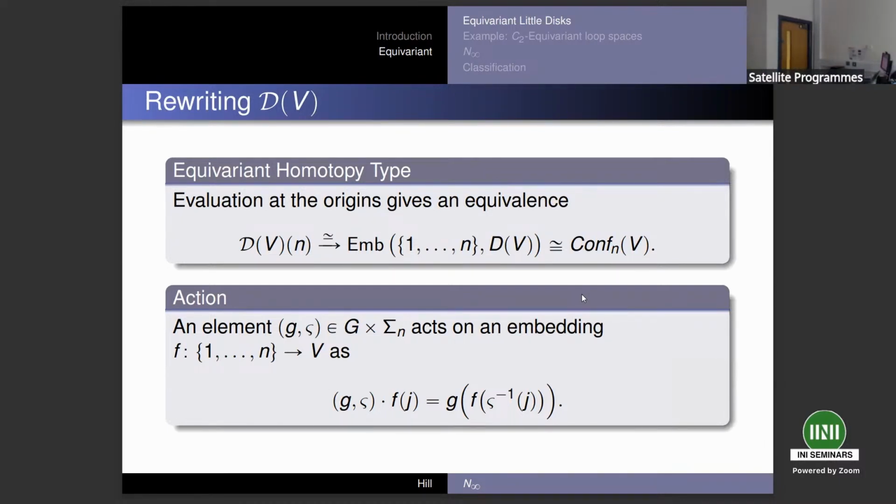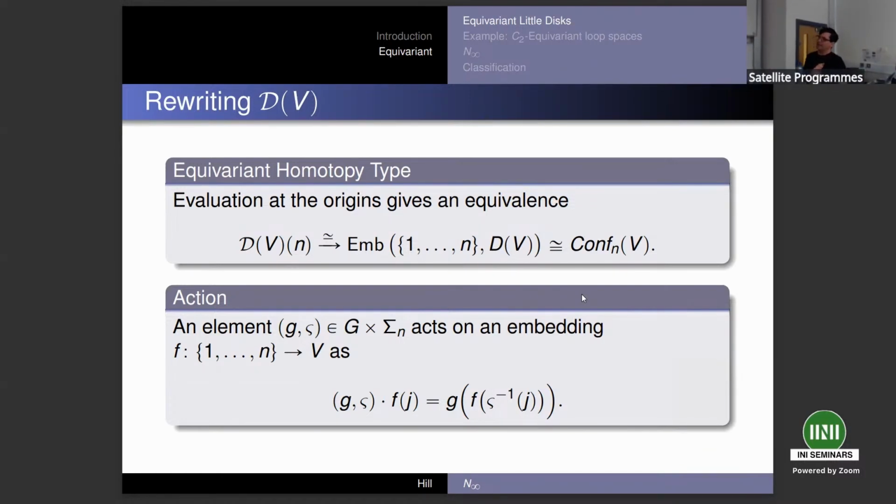And if you consider what happened to the origin, which is the one thing that's scaling invariant, when I took my little disk, that gave me a map from the nth space in my little disks in V to just the ordinary embeddings, now it doesn't matter, of n points into the disk in V. So I'm choosing these n points, the symmetric group acts by permuting these endpoints, and the group G acted as it did on the disk in V. So I can think about this also as the ordered configuration space of endpoints in V. And the group acts because it acted on V, and then sigma n acted as it did.